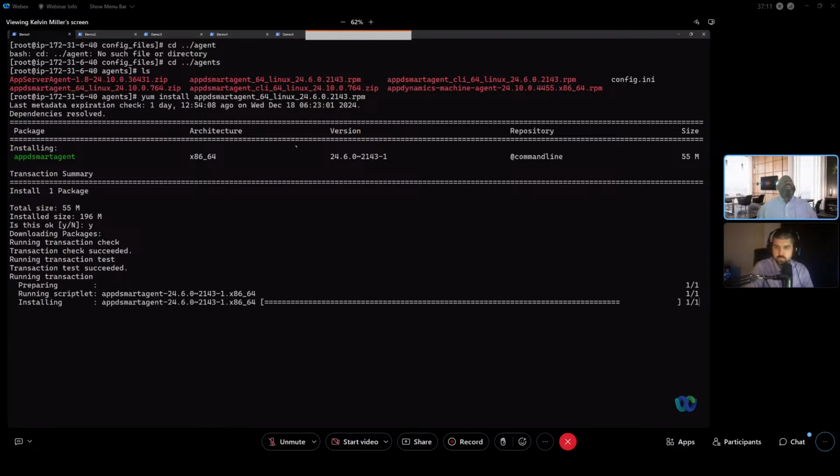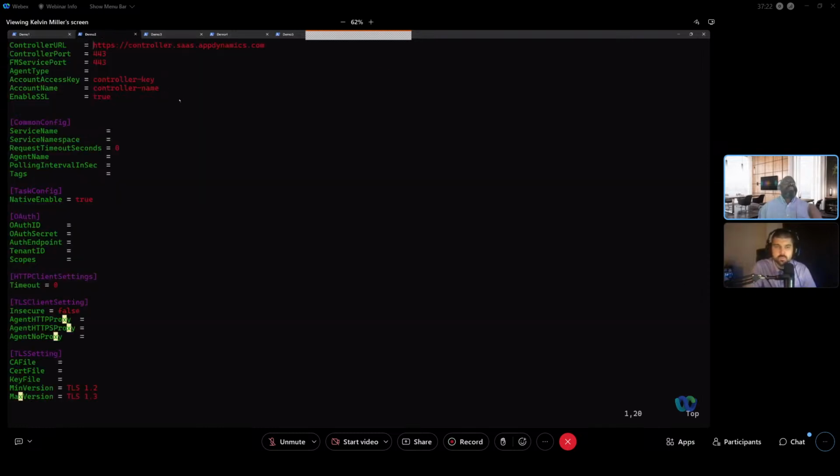While installing, I'm going to go over to demo 2. Because this is just a regular install, it's going to complete in a second. But while it's installing, we're going to look at the config file that we have to make a change to within the Smart Agent. If you notice, it contains the usual values that you enter into the controller-info.xml file. You have to add in the controller URL and the ports. For SaaS, it'll be 443, and the FM server port would match. Then you have your controller key, controller name, and true. And then if you scroll down to the bottom,